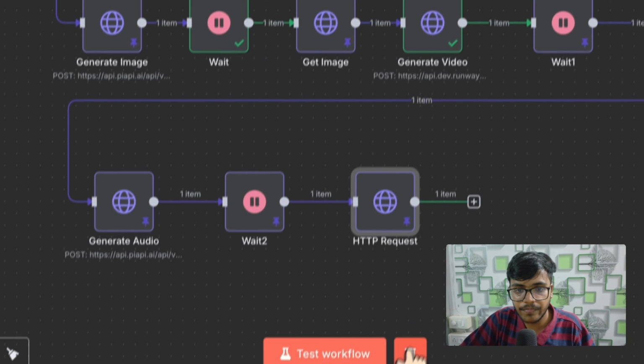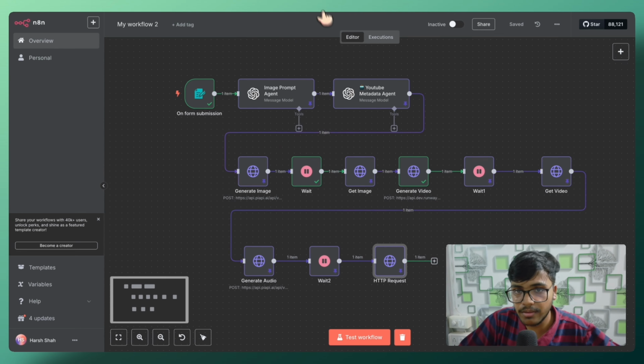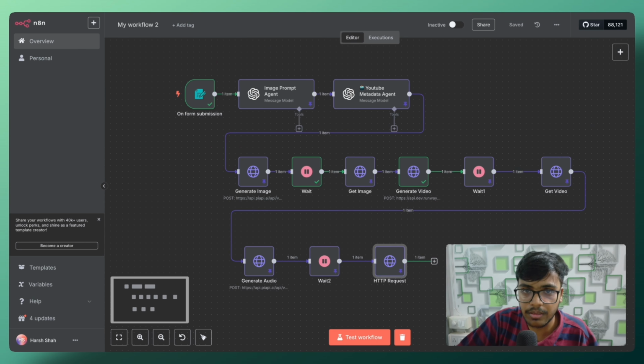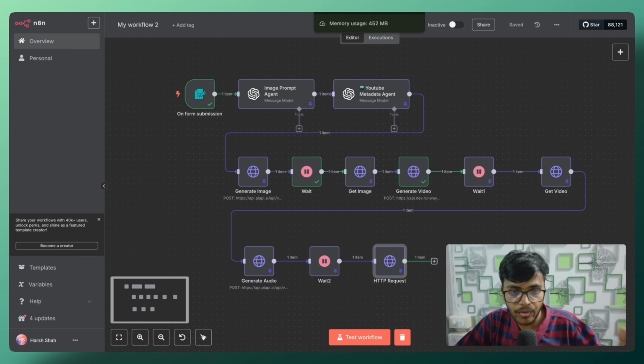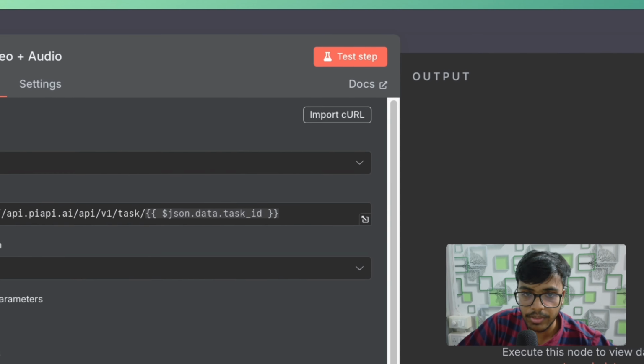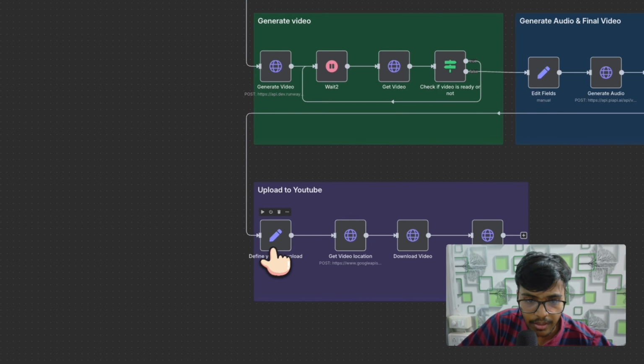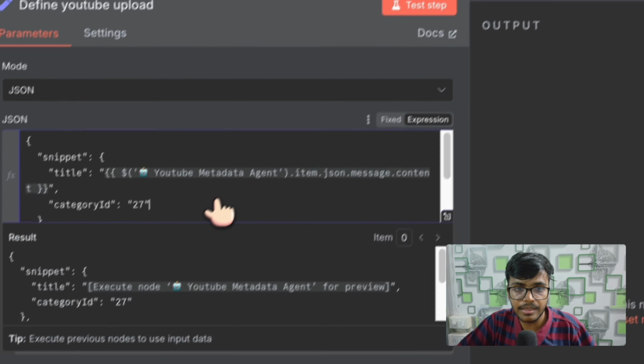And also let me save this. You can do that as well, but again, because in this video, as I have told you, I'll give you the step-by-step guide on how to create videos and then upload them automatically, let's do that as well. So now the next step is we'll define the YouTube upload. So this is the,